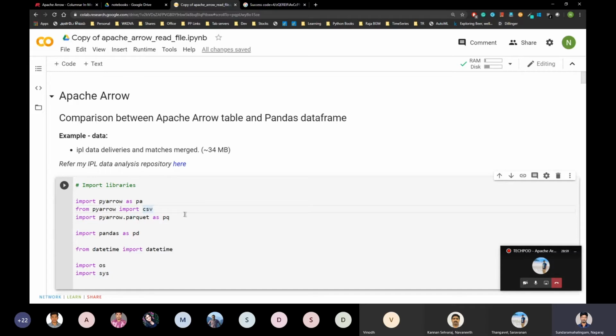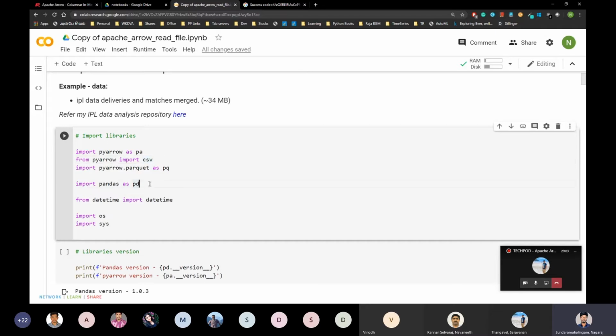You can try Java, C, C++, anything you want. In Python, there is a library called Pandas. It's mainly used in data analytics and data science, where you can read data and do aggregation functions, plotting, and all the statistical analysis.